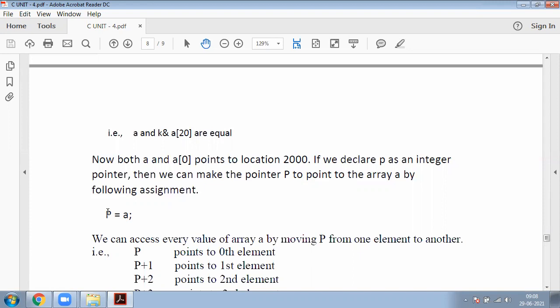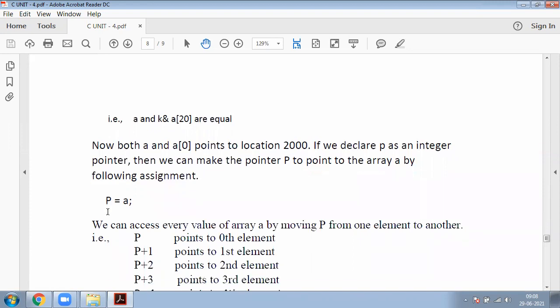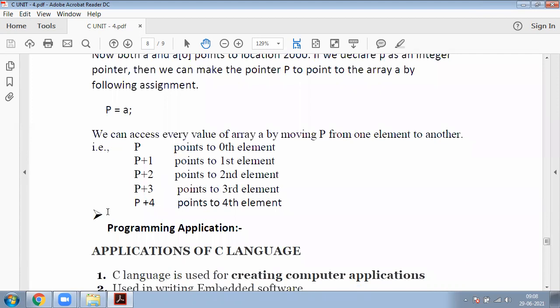Now we can access every value of array a by moving p from one element to another.